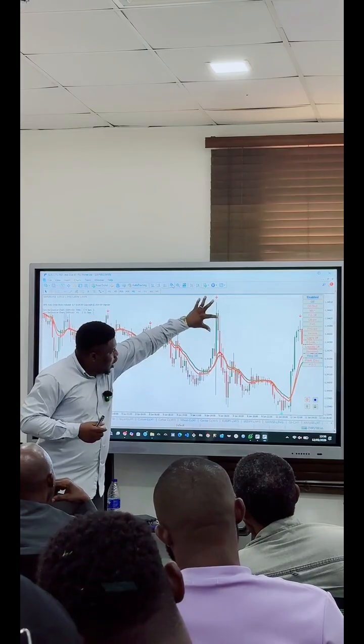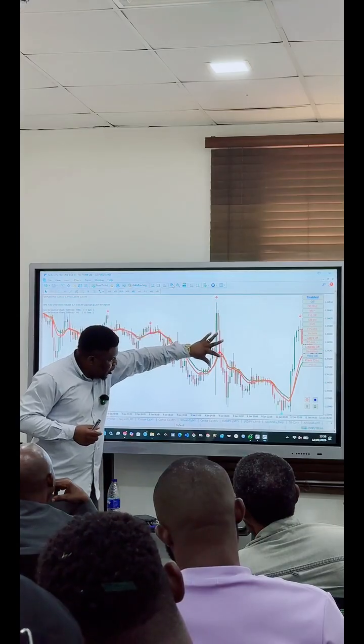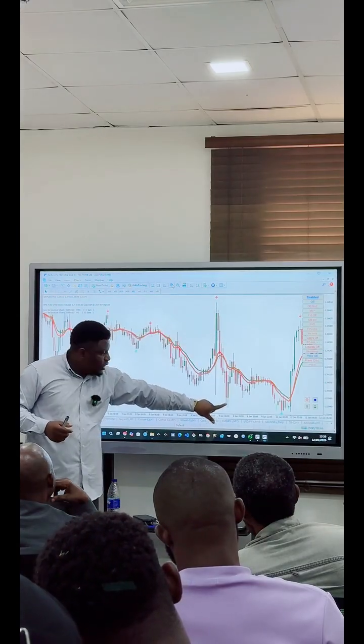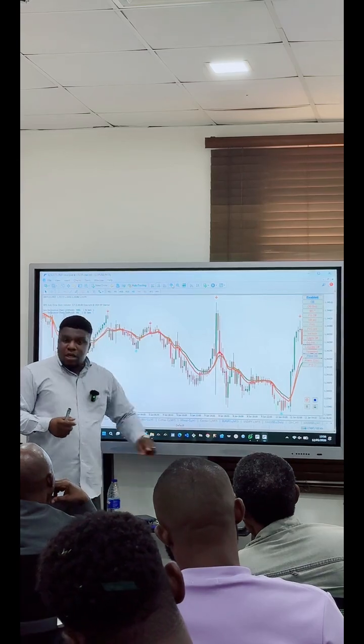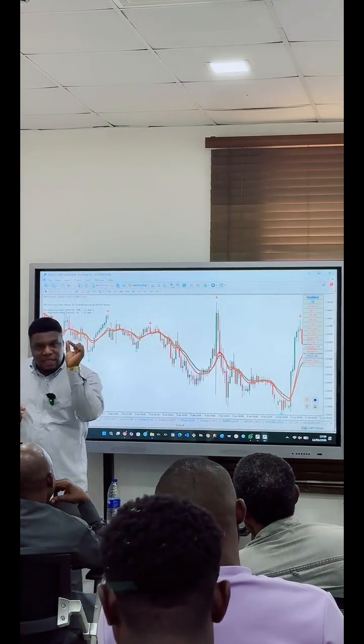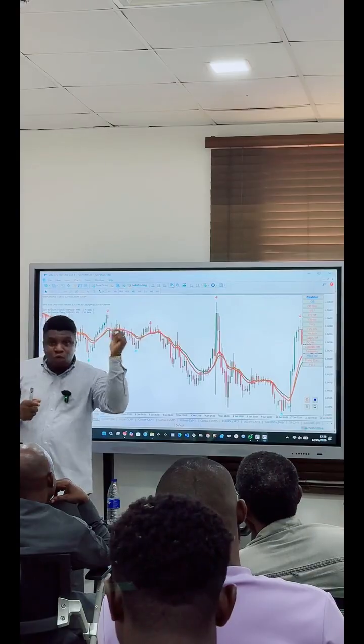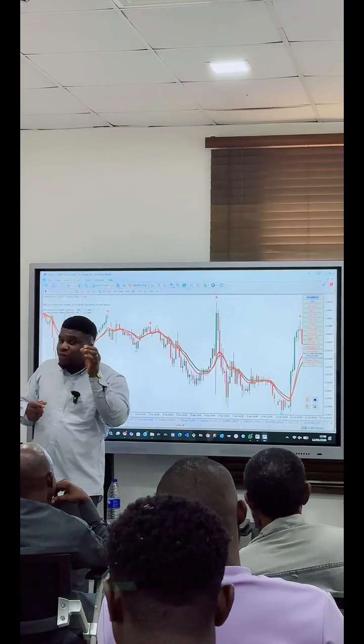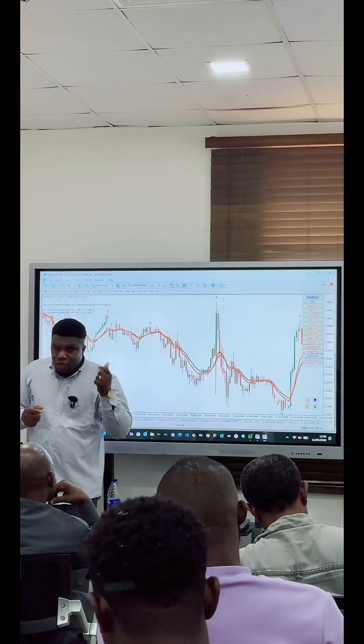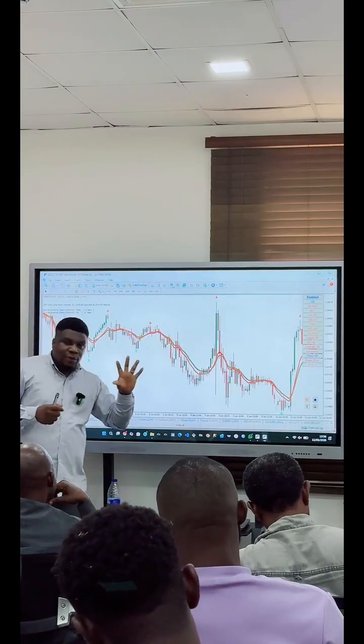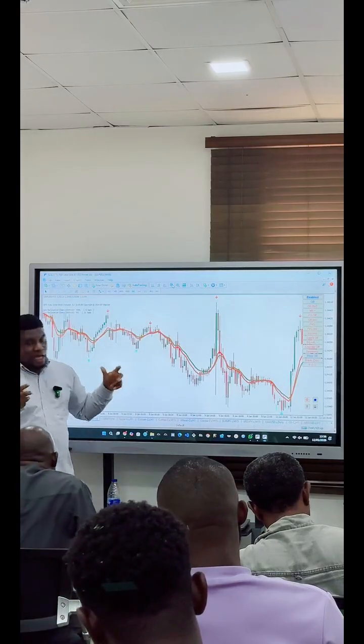That means price was going from here all the way down, from here all the way down, here all the way down. But when it turns green, it started going from here all the way up. Now, apart from knowing that green is for buy, red is for sell, bullish and bearish, they also have some features which you are seeing now, which is every candle, irrespective of green or red, buyers or sellers, has what